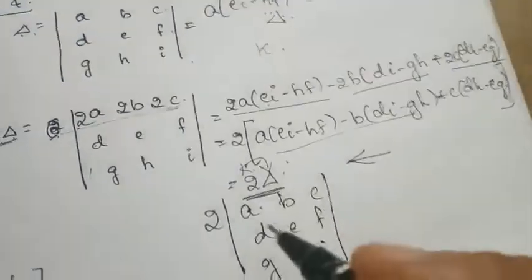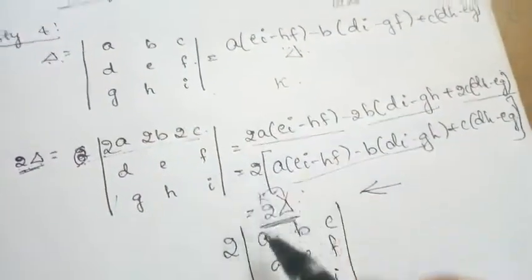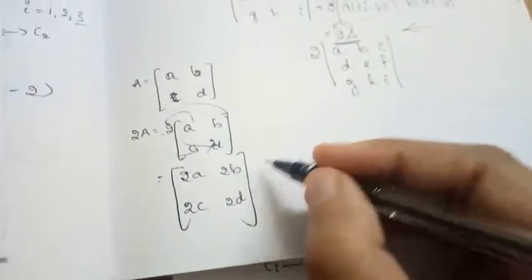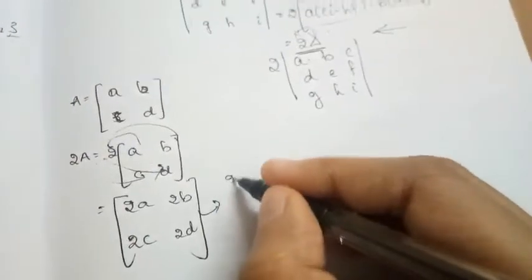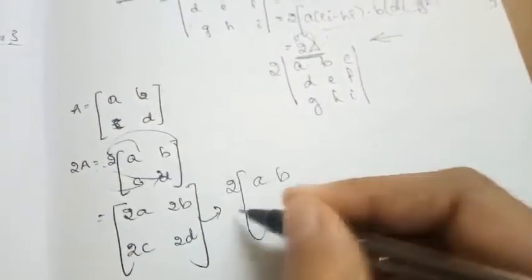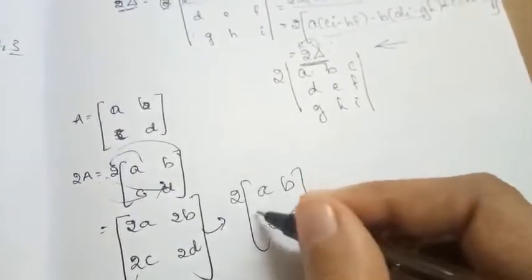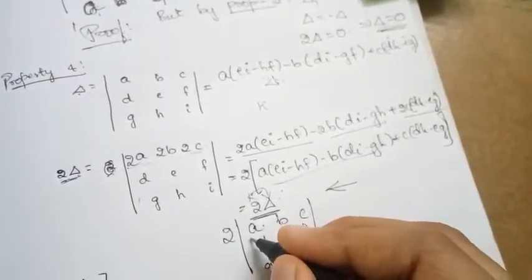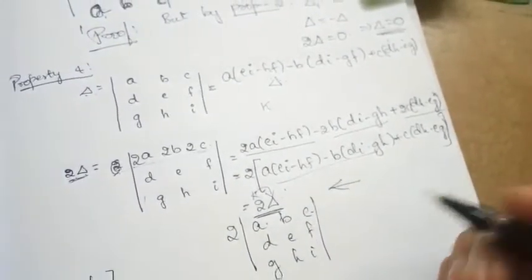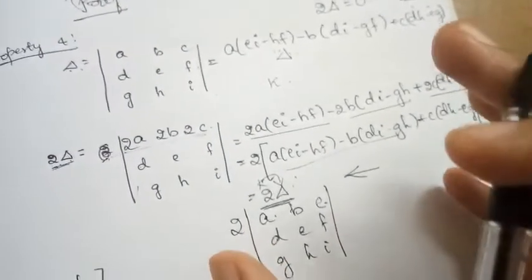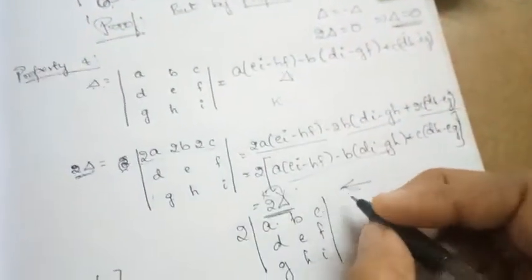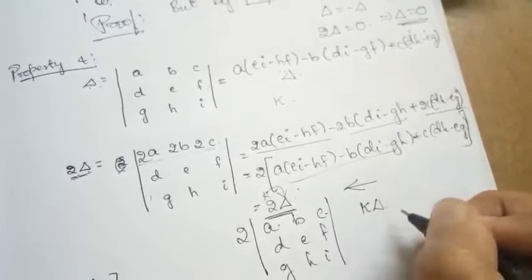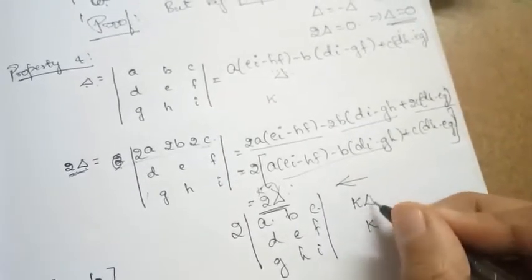But in a matrix, if we need to take a common factor outside, it should be taken from each and every element. Suppose I need to take a common factor from a matrix, then k is taken outside from the first row as well as from the second row, that is, from each and every element. But in a determinant, if I need to take a common factor outside, it can be taken from any one row or any one column, if there is a common element. So it is clear that if we multiply any scalar k to the determinant, then the value of that determinant becomes k times the determinant value.